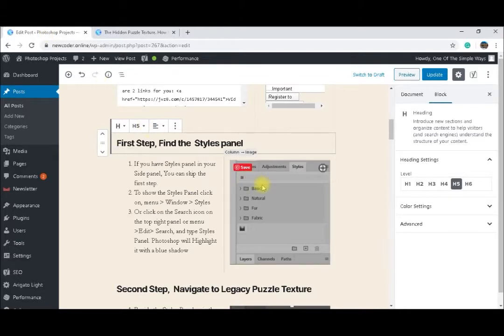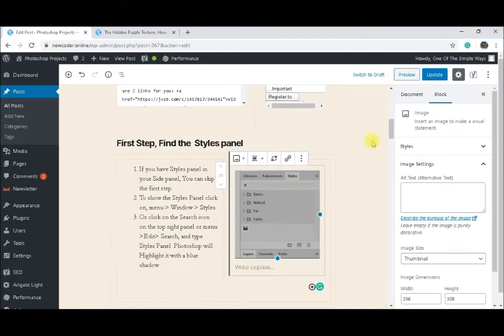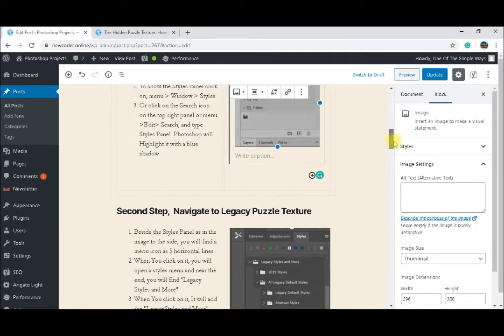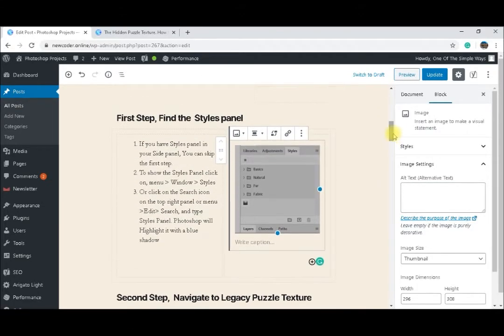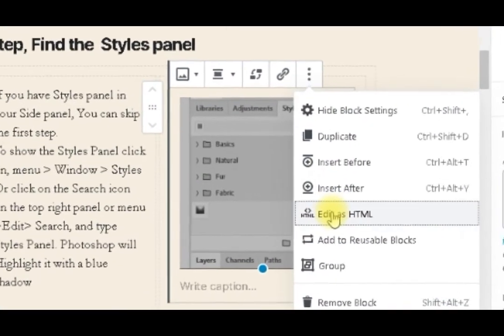Supposedly that I need, for example, to return the reader to this image. So in the images, in the lists, or in the paragraphs, it's a little bit different, because WordPress does not accept HTML or IDs directly in it. It accepts it in headers because it understands that a header is part of your post, so it accepts giving it an ID, but it does not accept this elsewhere. You can make this, of course, if you are making your own page, but it does not accept it in WordPress. So for example, if I come to here and I edit as HTML,